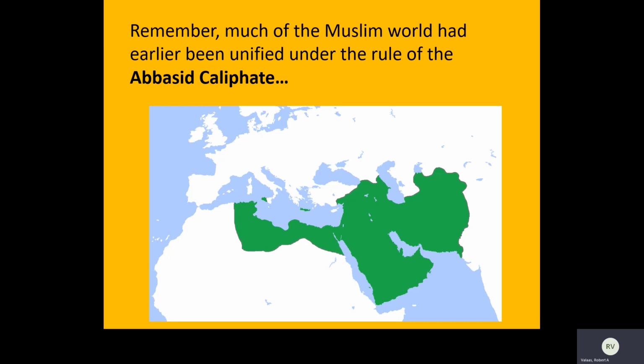Now, remember that before our time period, much of the Muslim world had been earlier unified under the rule of a massive empire called the Abbasid Caliphate. Caliphate, remember, comes from the word Khalif, which means a successor or deputy. You'll recall that when Muhammad died in the year 632 CE, the community elected a successor, someone to take over the leadership of the Muslim community of people and what had already become a pretty big Muslim state in Arabia